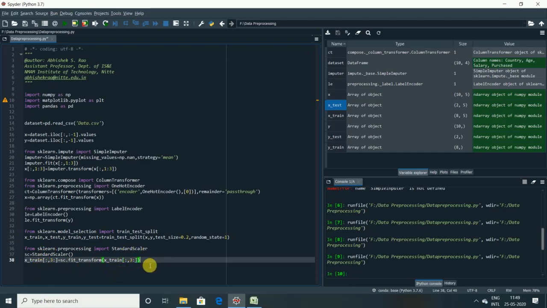For the training, we have to use fit_transform, but for the testing, we have to use only the transform method. I'll tell you why. So copy and paste and just change this to test. It's the same, but here it is only transform, not fit_transform. Rest all are same. Got it? Since the X_test data is new data, we will only apply the transform method, because indeed the features of the test set need to be scaled by the same scaler that was used on the training set.